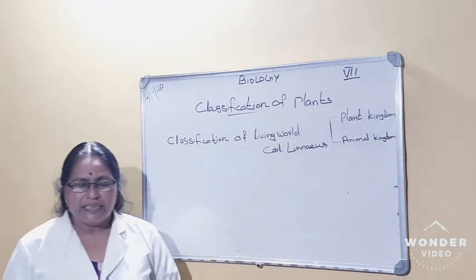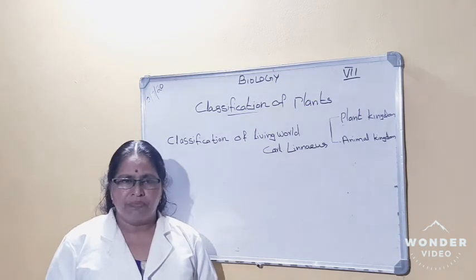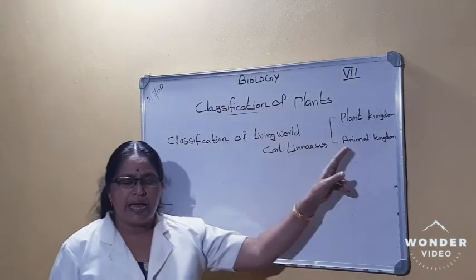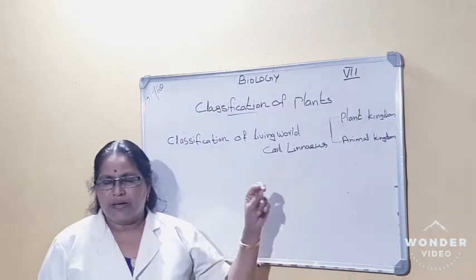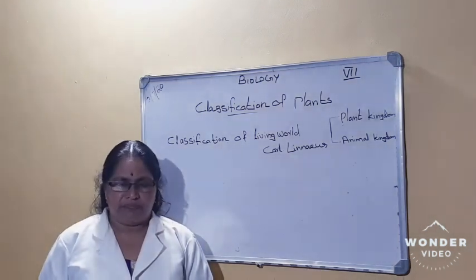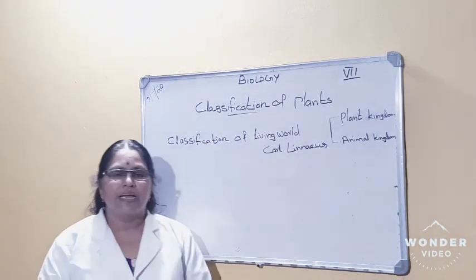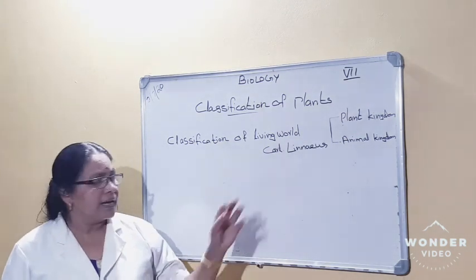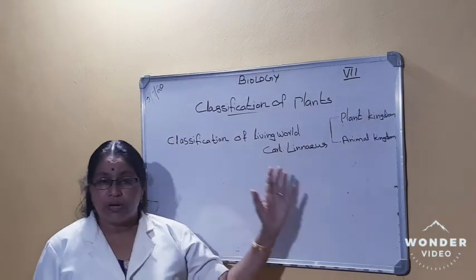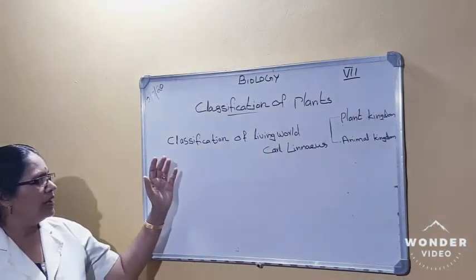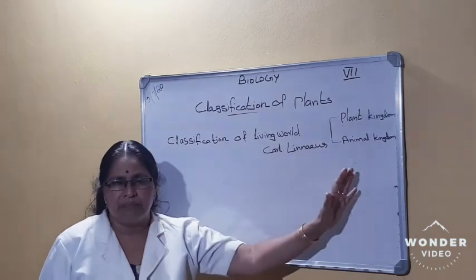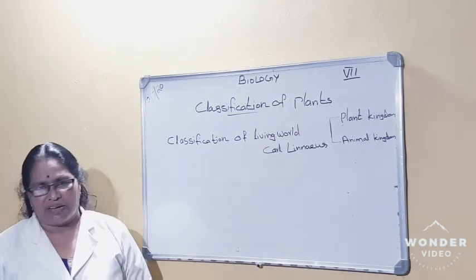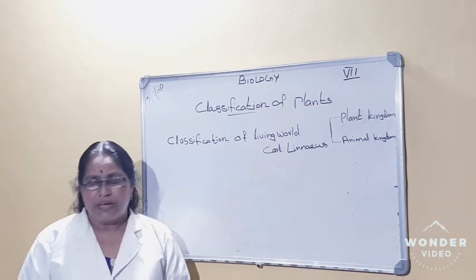That is one thing. Then another unicellular organism, that is Euglena. Euglena is included in the kingdom animals. But Euglena has chlorophyll. It can prepare its food. Then how can we include Euglena in the animal kingdom? So there are many drawbacks to this two kingdom classification, that is, living organisms into two kingdoms, Plantae and Animalia, the plant kingdom and animal kingdom. That has many drawbacks.